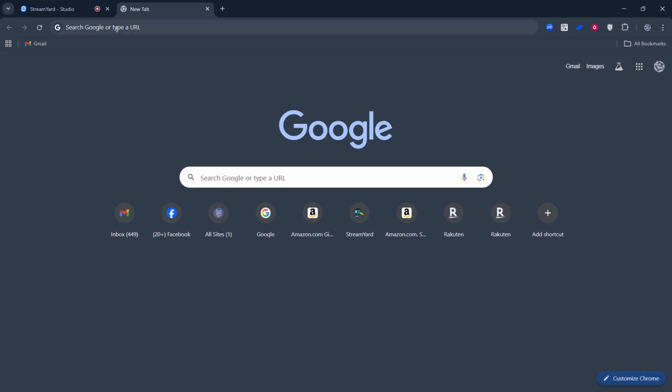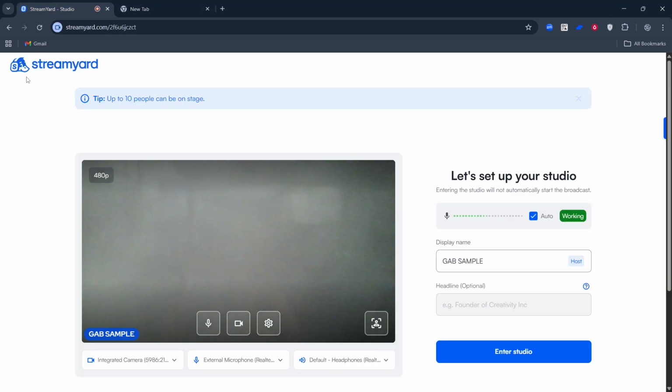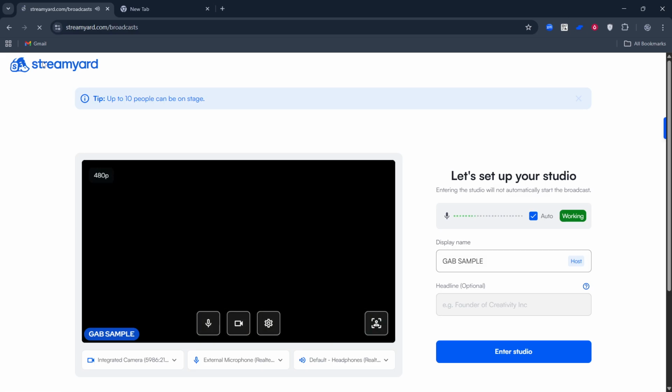Log out of StreamYard so you're fully signed out. Then open Google Chrome. Chrome usually works best for StreamYard streaming because it supports the web technologies StreamYard relies on more consistently than many other browsers. With Chrome open, go to StreamYard and log in again. Returning through Chrome often resolves odd glitches, black screens, or silent microphones that appear in less compatible browsers.